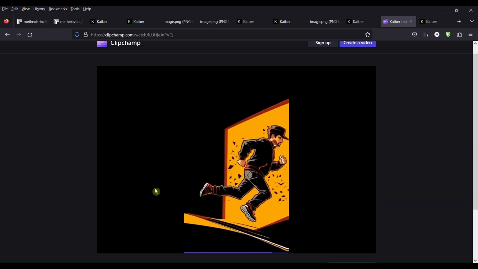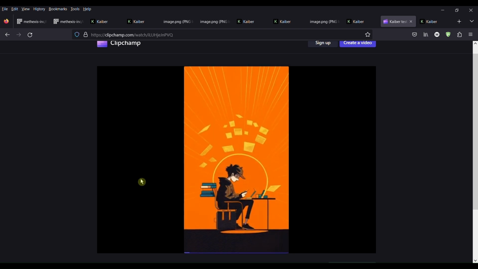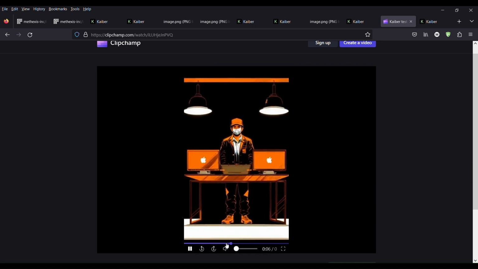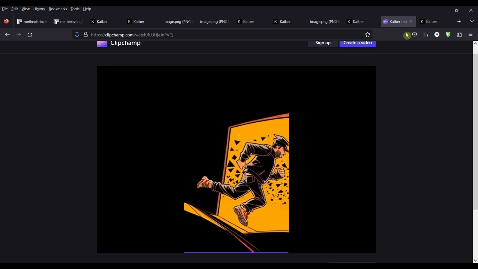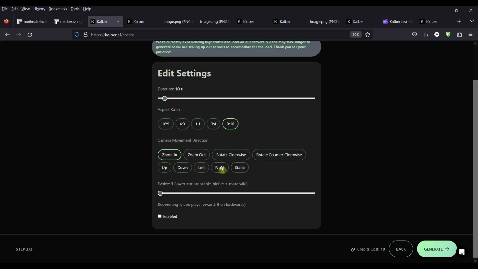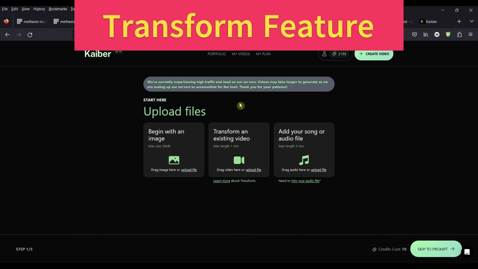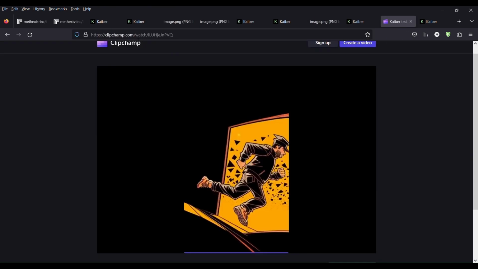So that's that. Now here's another creative idea. I took all this, which was sitting to standing to running, and I put it into the transform option. I'm just going to show it right here. What is transform? Transform allows you to literally take the video I have here,